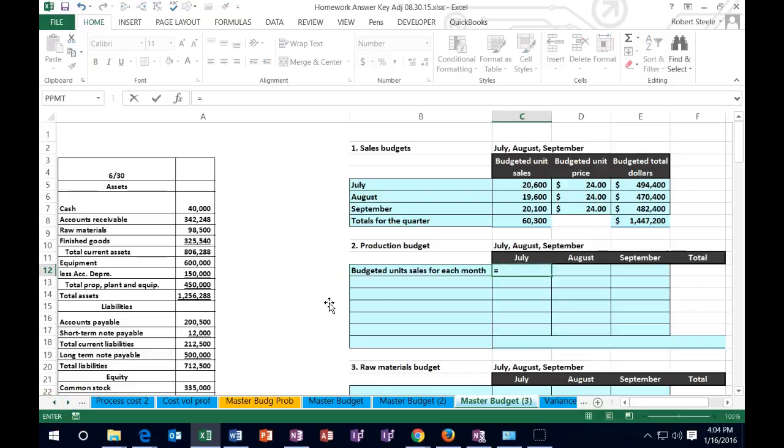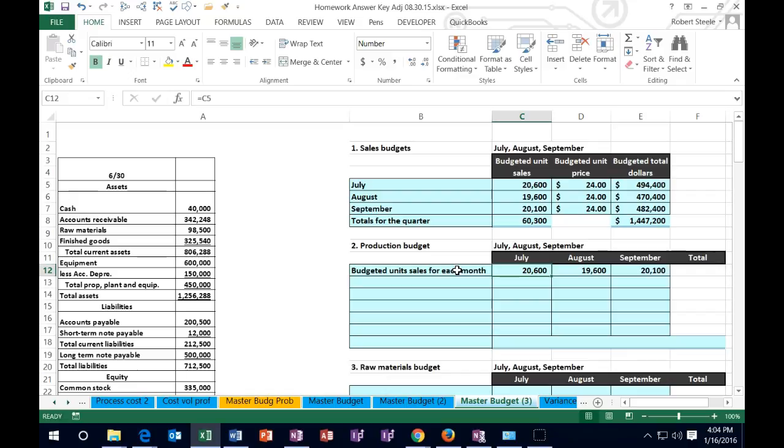Those numbers are going to equal the 20,006 for July. And then for August, we have the 19,600. I'm going to select tab to go to the next cell. And September is the 20,001. And so we're just bringing those numbers down. So of course, this is how many we think we're going to sell. So that's what we're going to start off with in terms of how many we think we're going to